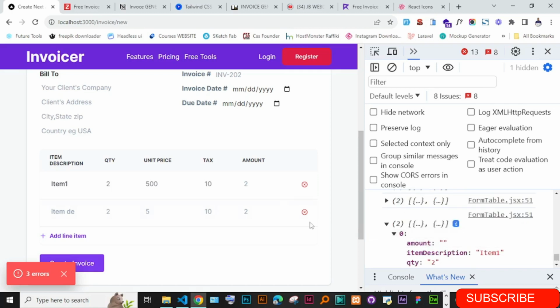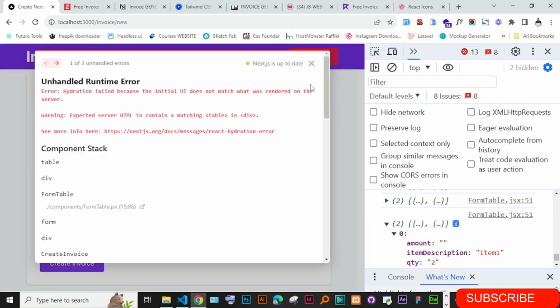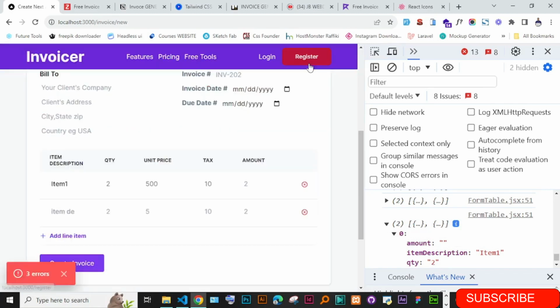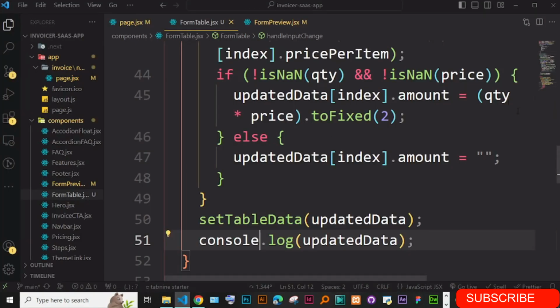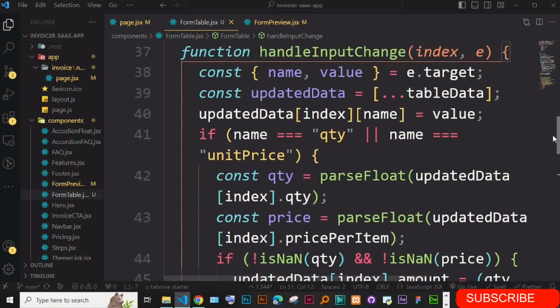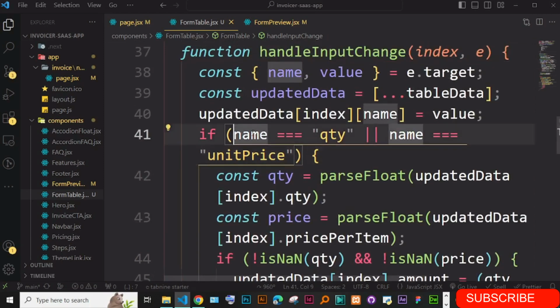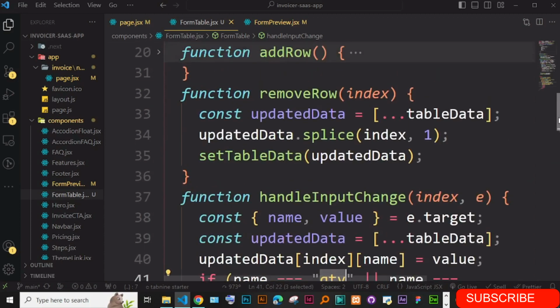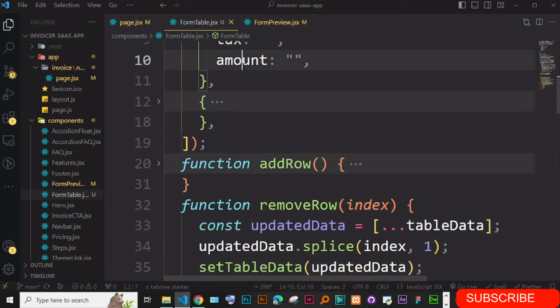So amount hasn't been updated. We still have these weird errors. I think we'll show these errors here, but we are not actually getting these here. I think it's because of... okay, if name is equal to QTY, so this name we have them to be equal to QTY, and let's see,